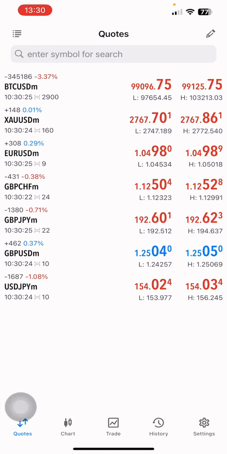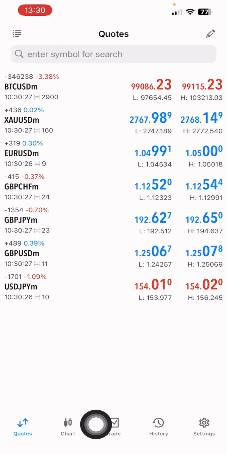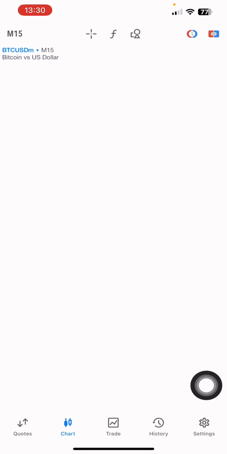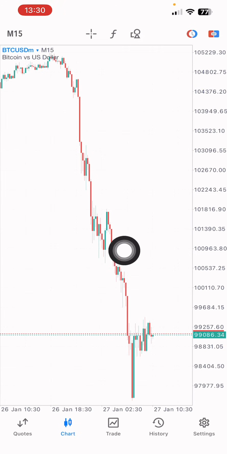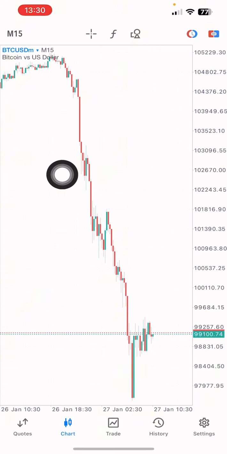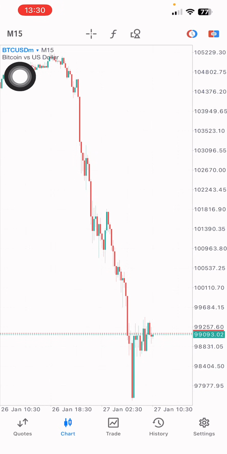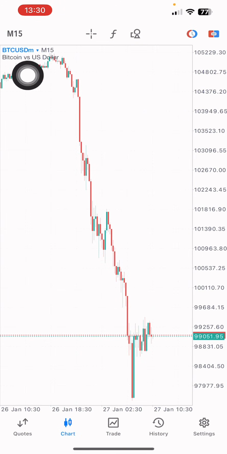Okay, so now let's go. You come to this area where you see chart. Okay, if you tap here, you are going to see the chart. I already have a video explaining the anatomy of the candlestick. I have a complete step-by-step tutorial, so check my previous videos as well. So now, this is the chart for BTC USD. Okay, if you want to change the assets now, you just come to the top here, you tap